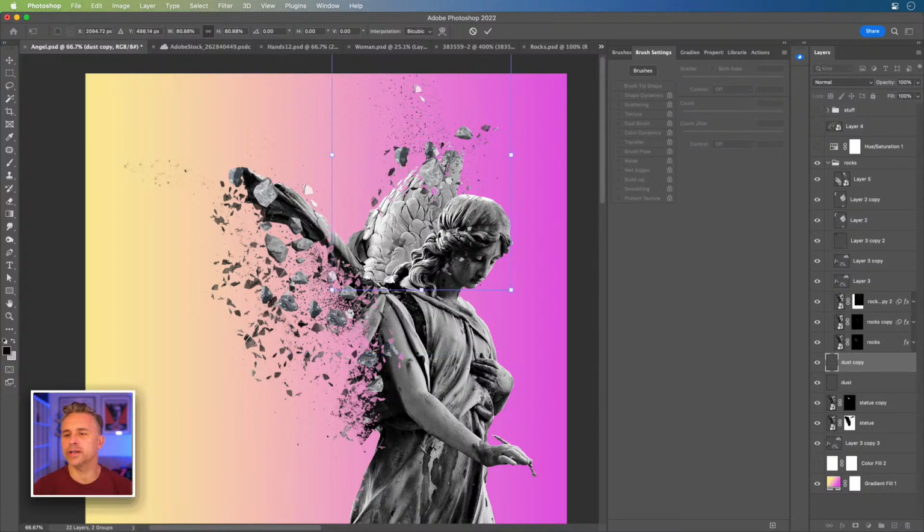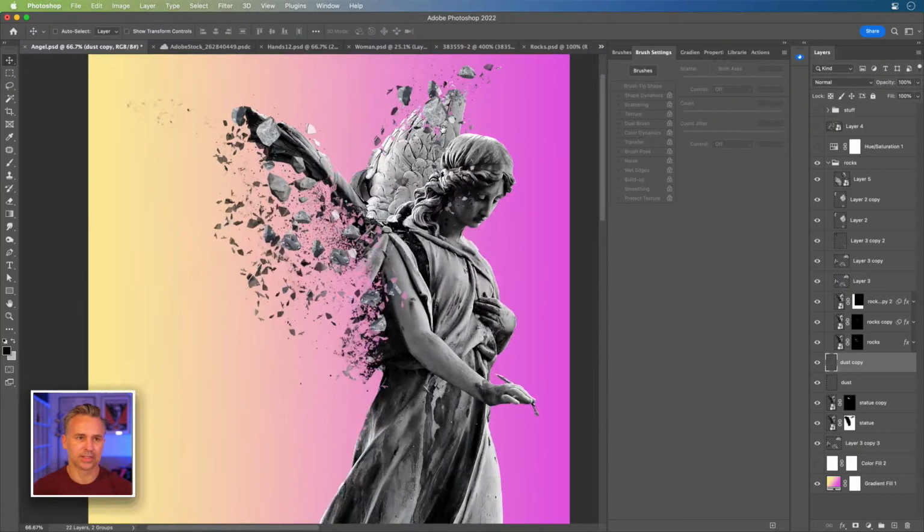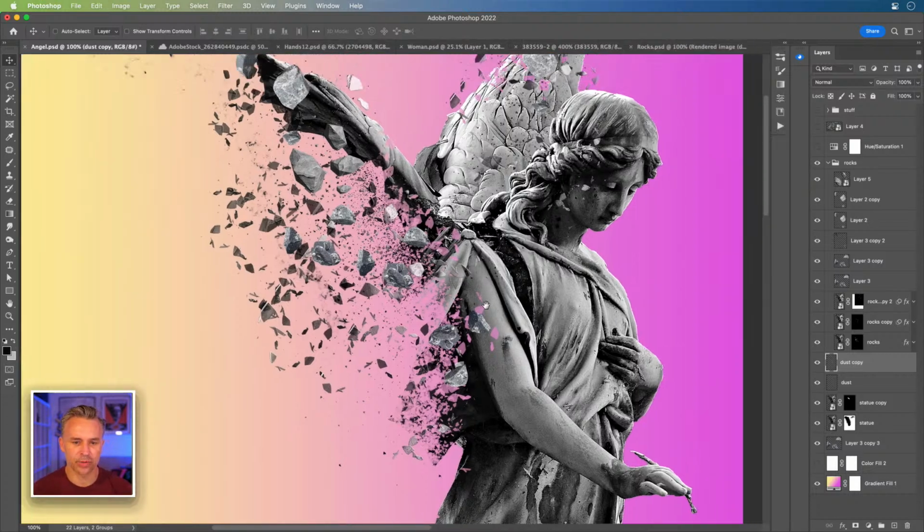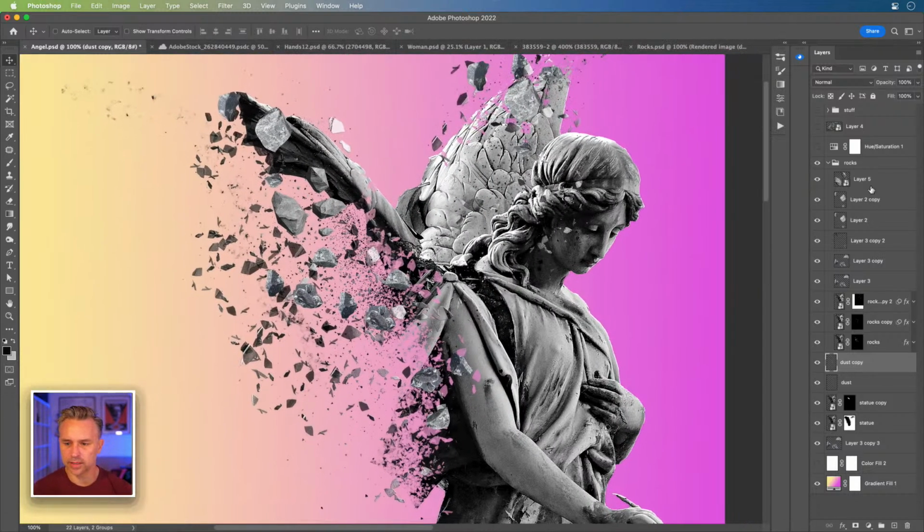And I want to break something apart. I want to shatter something with glass. I'm going to show you this cool thing I'm going to do in a second. So that's doing its thing. Okay, so actually before I get into the glass example, let's take a look at these